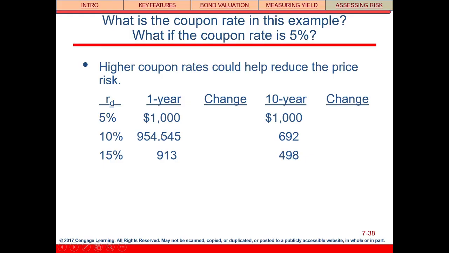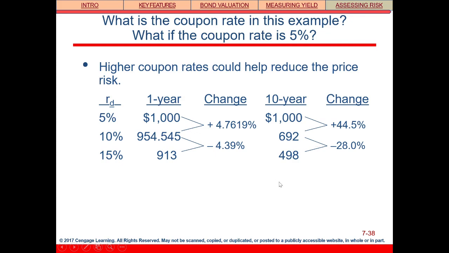Therefore, we can calculate the price of the bond like this, because if the market interest rate is 10% or 15%, yet the coupon interest rate is only 5%, then definitely these bonds are going to be selling at discount. So this is going to be their price, right? And then this is going to be the price change, right? So from 10% to $1,000, and then from 10% to 5%, and from 10% to 15%. So this is the price change. And you could tell that